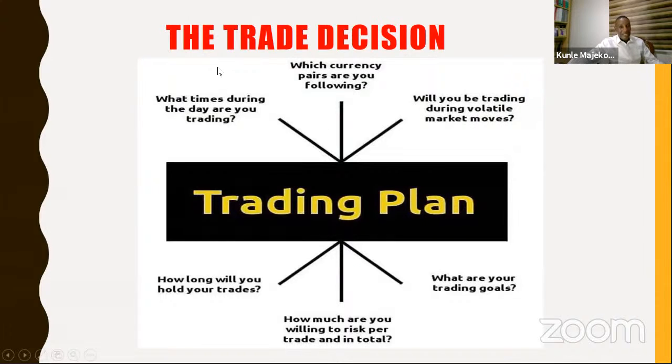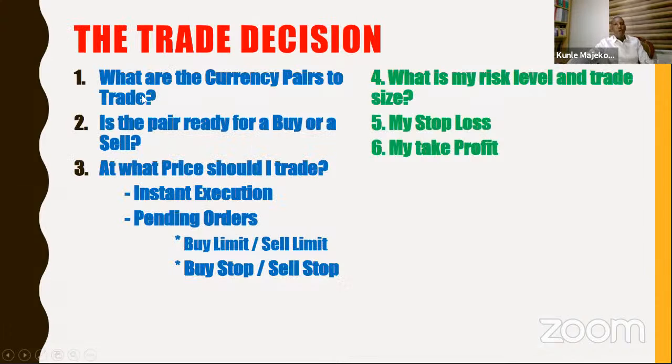Now, let me quickly tell you the ones that I want us to look at today. It's still a trading decision, but what you follow is, number one, what are the currency pairs, or what is that item that you'll be trading in? Do you want to trade GBP against USD, or do you want to trade Euro against AUD, or are you trading cocoa? Are you trading oil? Whatever it is that you are trading, it is your decision.